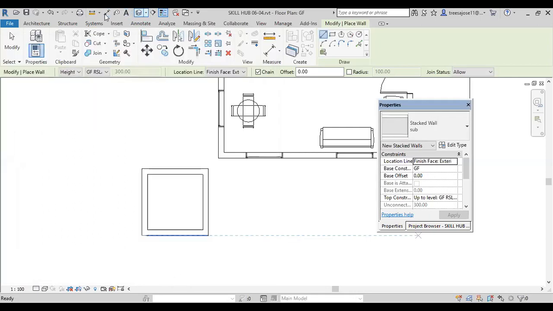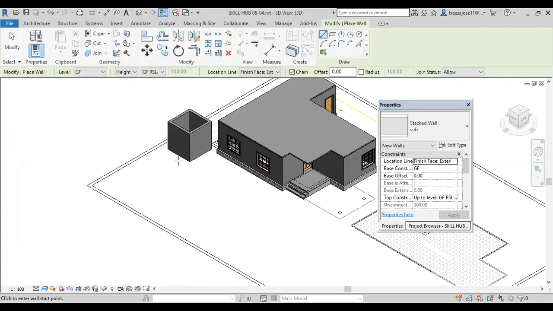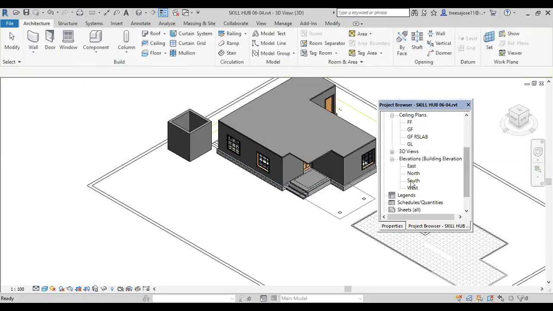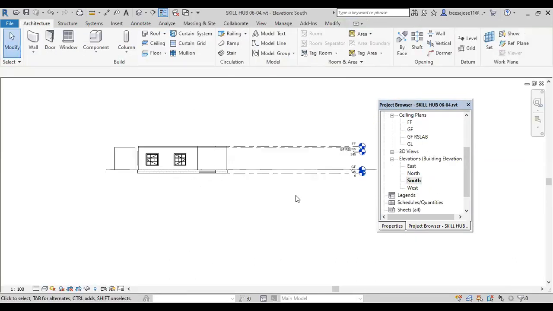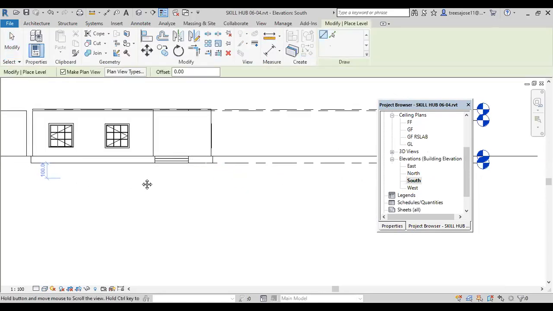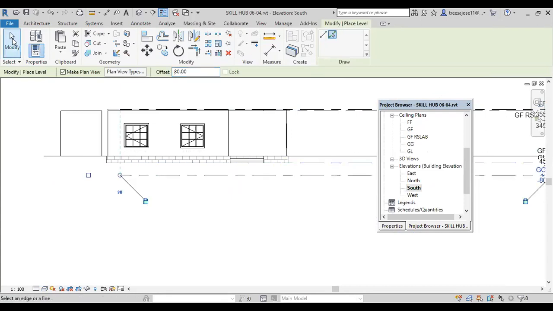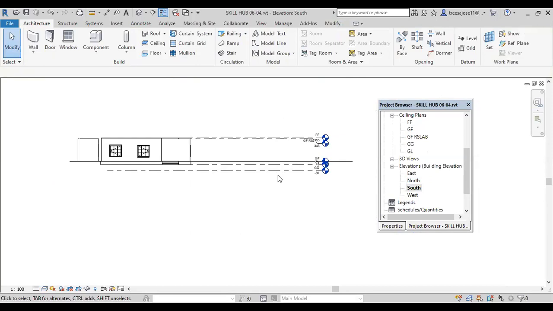Then if you go to the 3D view, the wall will be this one. After that, I need to generate the three structures in a single step. At that time, you have to go to the south side. You have to add the level for the bottom. Actually, the bottom is at 80 centimeter depth because 60 plus 20. Okay, that time better you place the distances. Then pick here. Modify, then put the name as